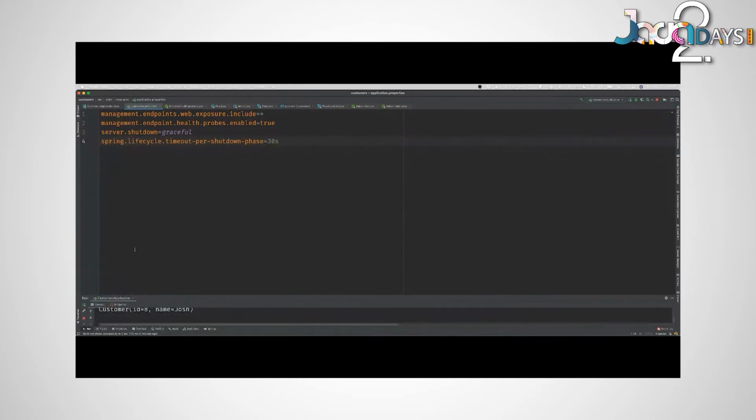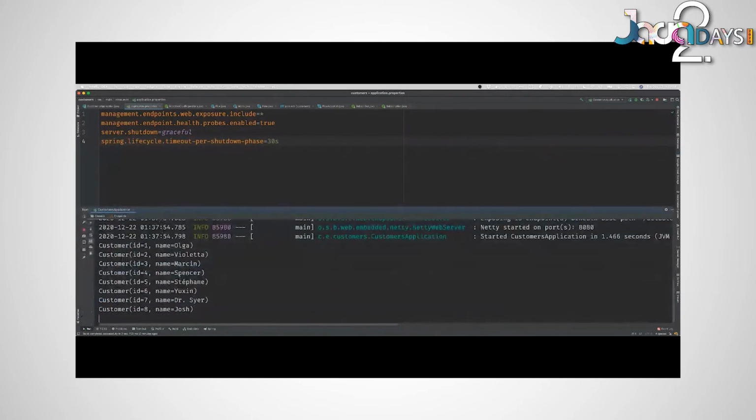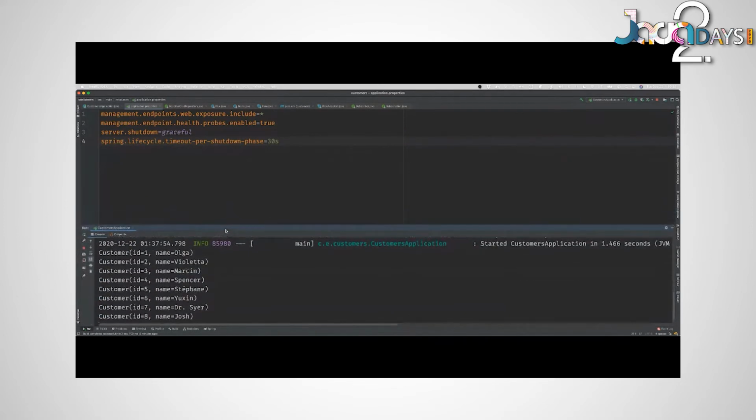Now, what else will happen then, right? The service will go down. It'll no longer be in the cluster, and then another instance will be spun up. So already we've got a lot of things that are included out of the box to make it easy to do the right thing with the platform.